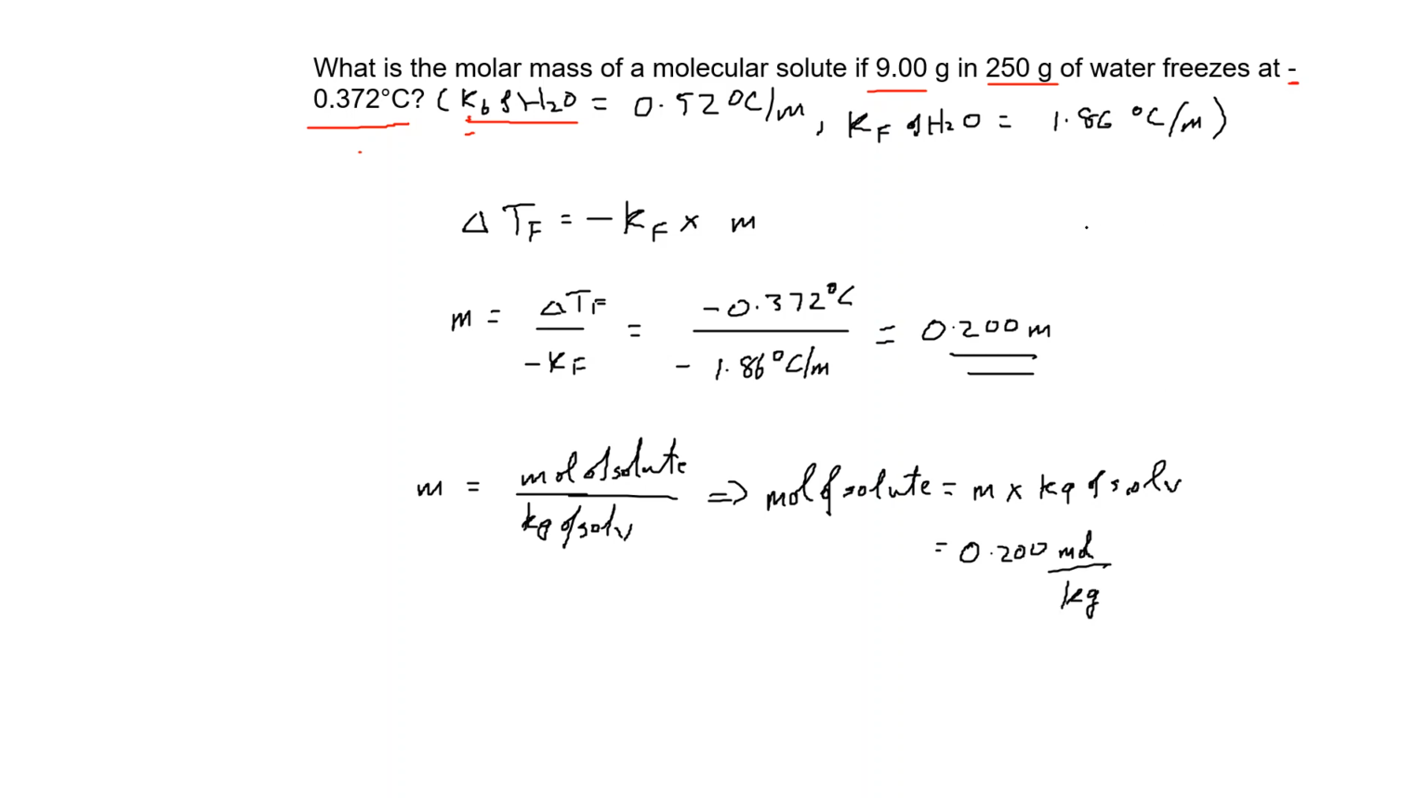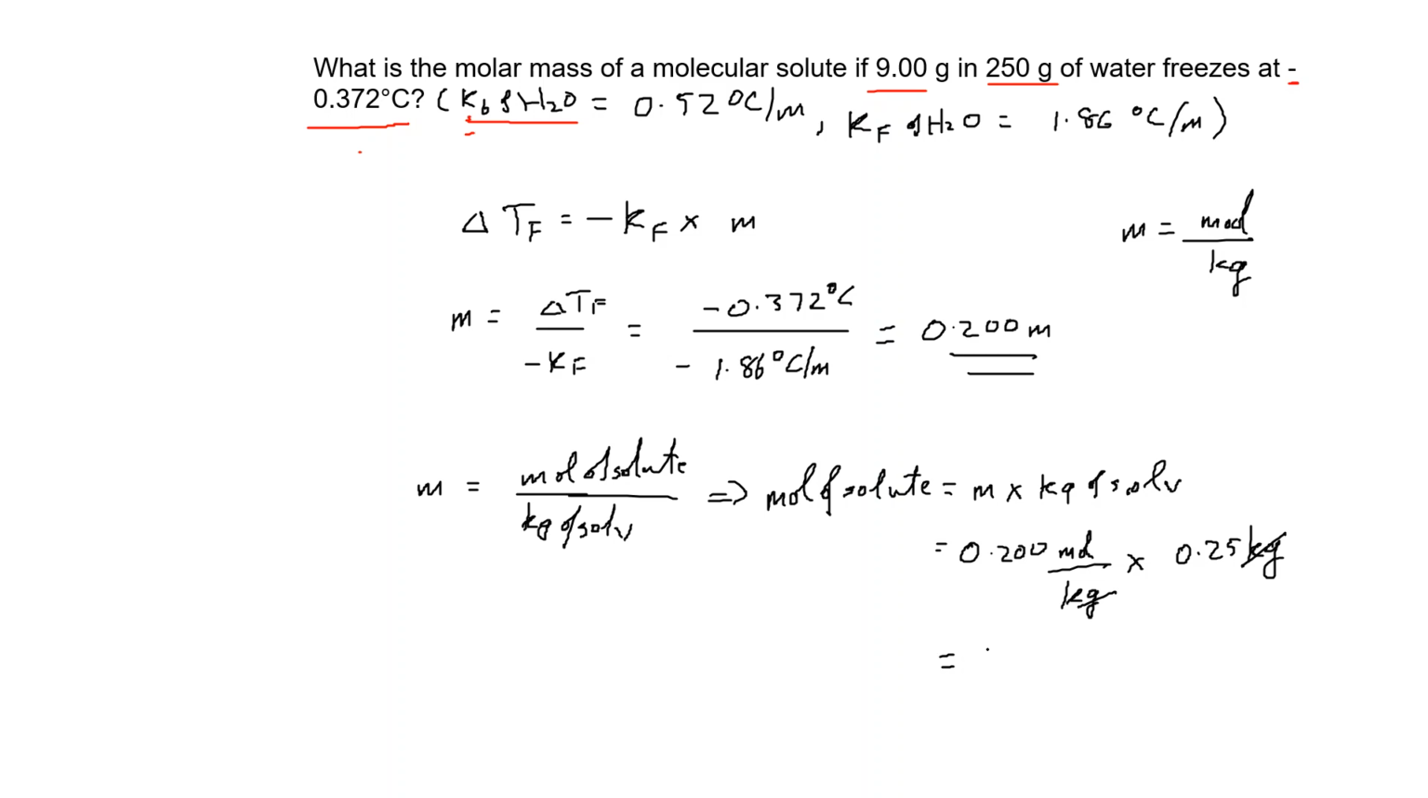So let me just put a note here. M is the same thing as moles per kilogram, all right? So the reason why I do that is because you can see where the units will cancel out when I multiply by the kilograms of solvent. Now they gave you the mass of the solvent as 250 grams, which is equal to 0.25 kilograms. So the kilogram units will cancel out here and here, and you'll be left with the moles, which is 0.2 times 0.25, which works out to be,